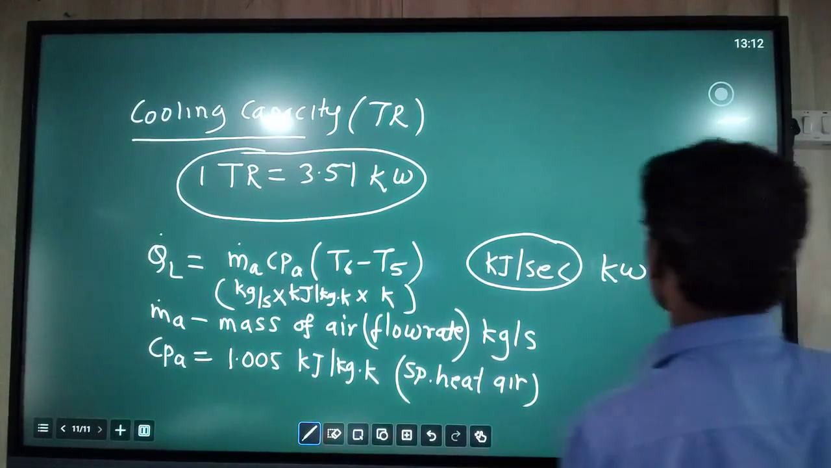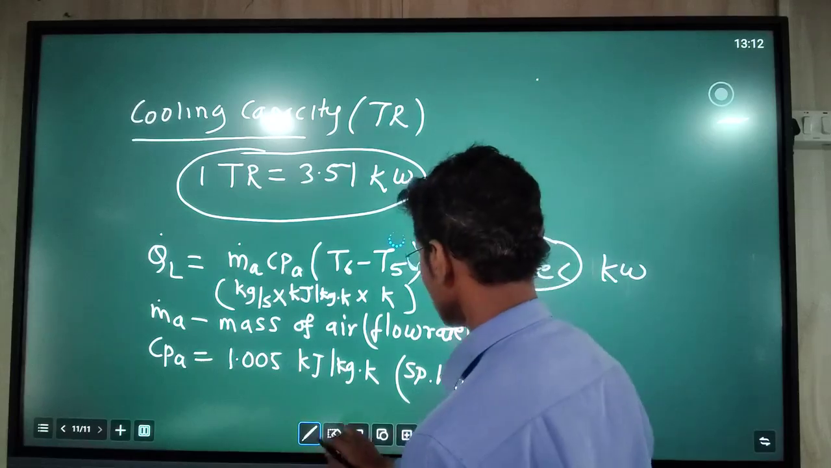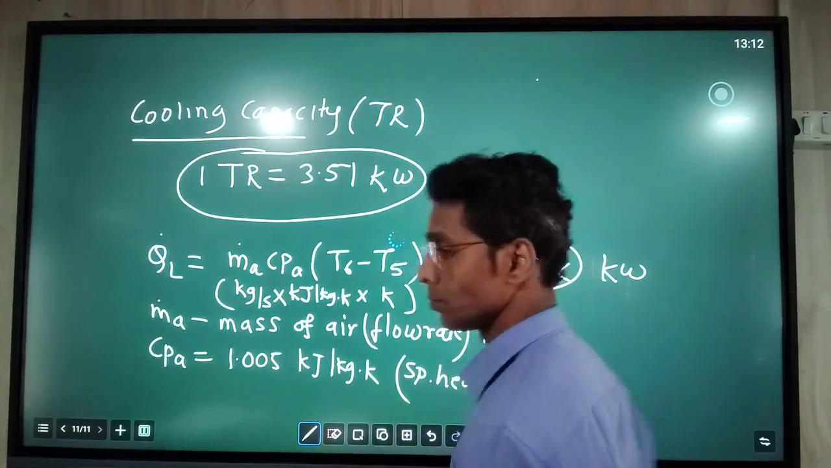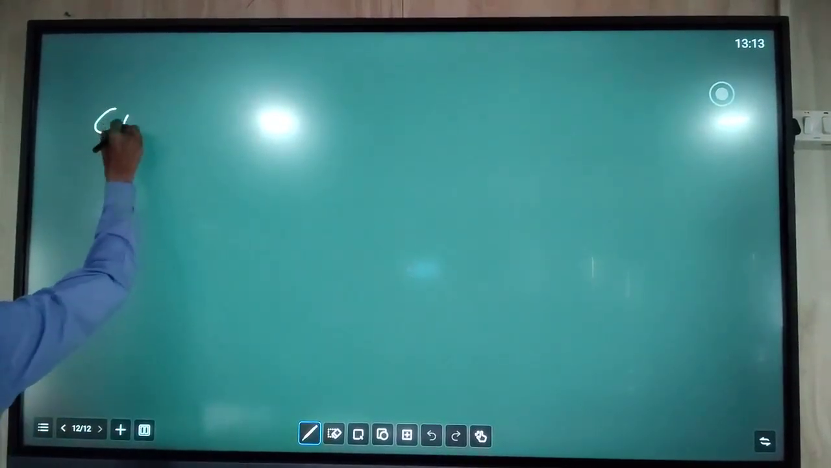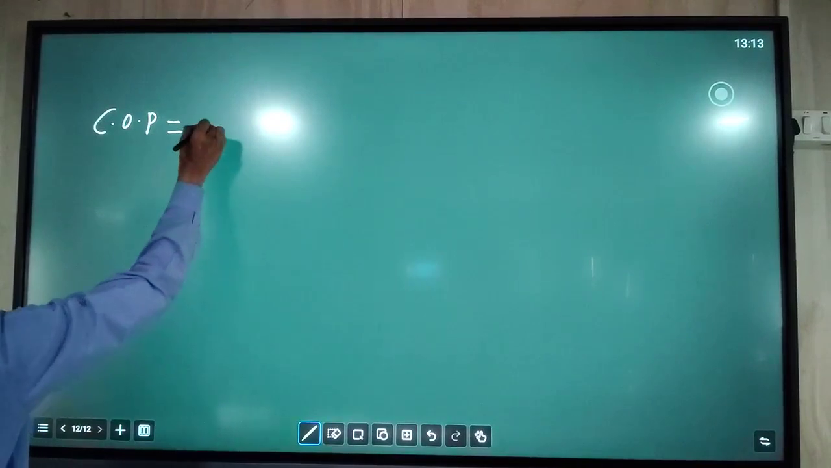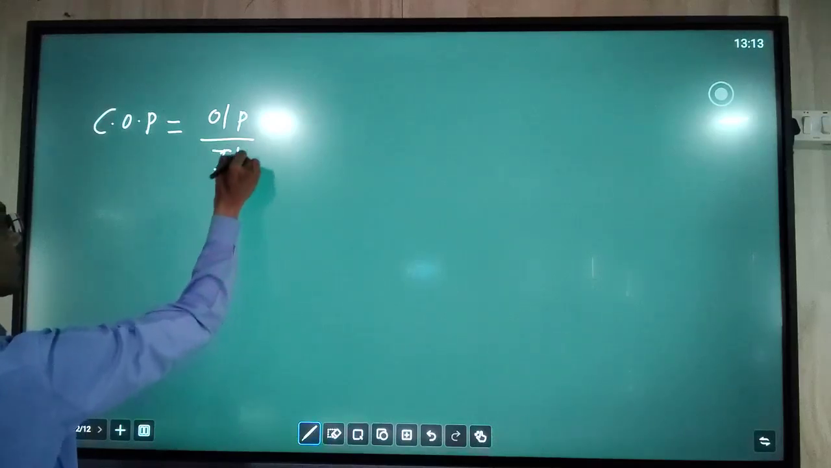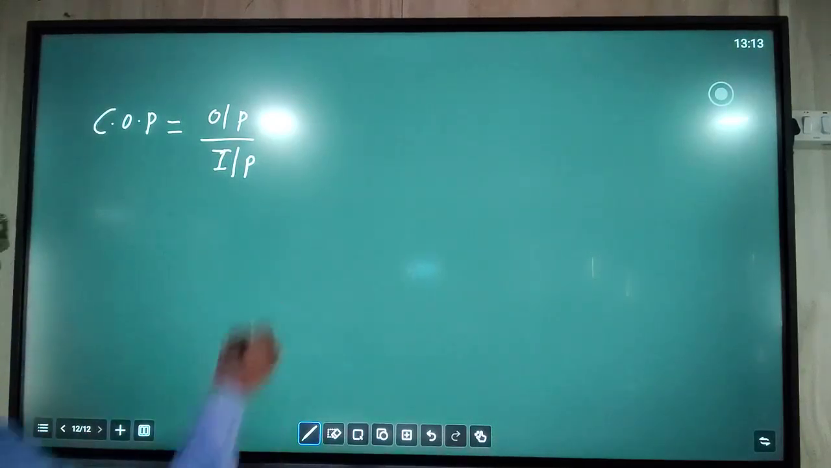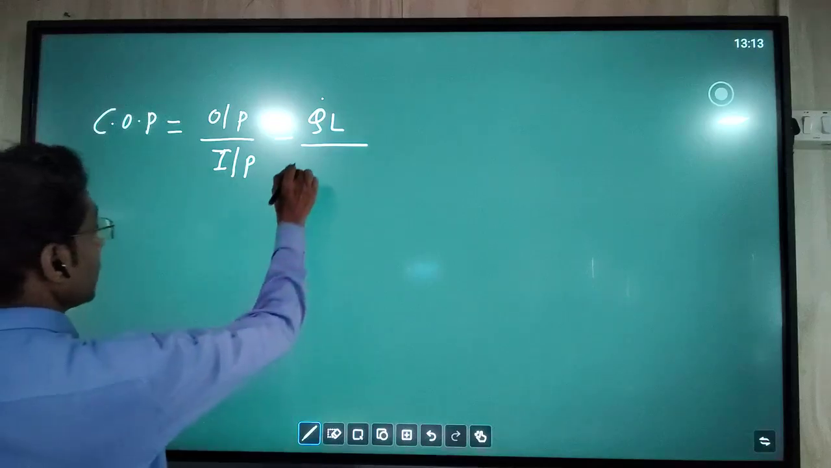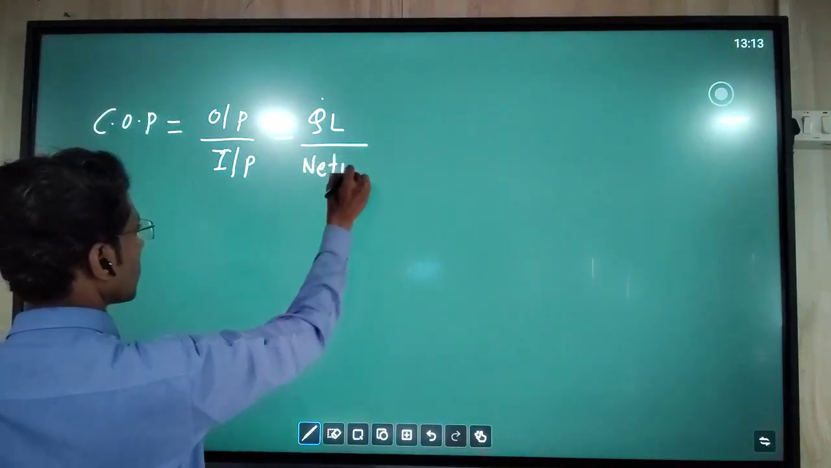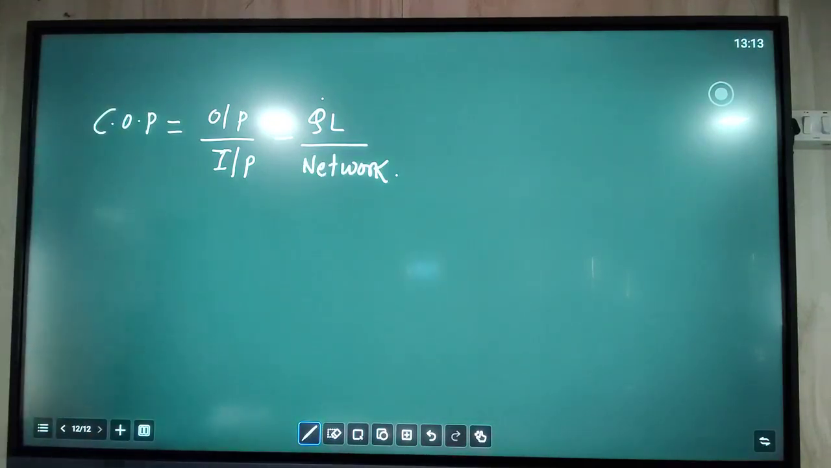Now COP. Now COP is what? Coefficient of performance. So to find the COP, coefficient of performance, it is a ratio, the general formula is what? Output divided by input. Output that we have now discussed is the cooling load capacity of the system. Input is net work consumption, work consumption. So mainly in the diagram we have seen there are two